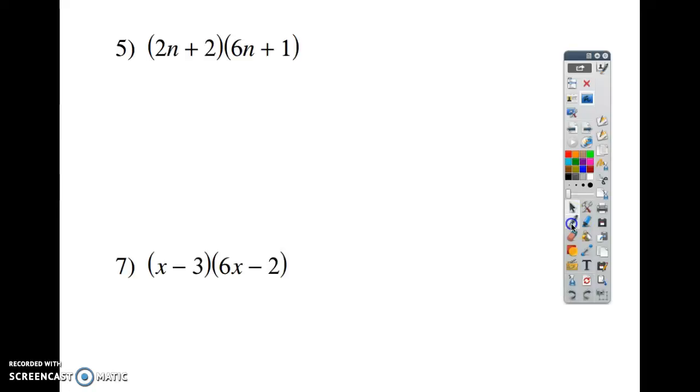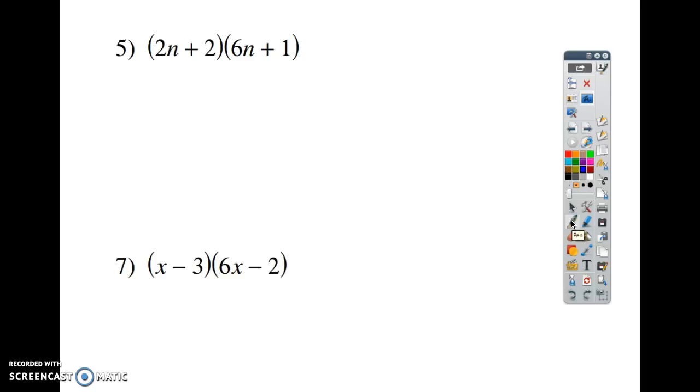Okay, so on multiplying binomials, the Kuta worksheet, remember the answers are in Schoology, third 6 weeks, multiplying polynomials. So I suggest that you work out a problem, check your answer, make sure that you did it right. Problem number 5,